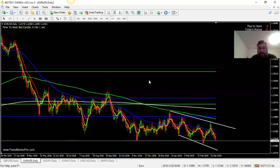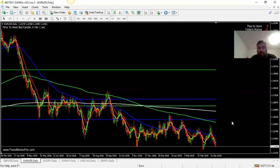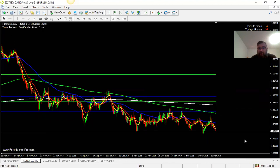The other thing is, if you can tell, there's really no strong EMAs for my stop loss to go. I have nothing down here. All my EMAs are up here. That's the other cool thing, is that it's showing me all my EMAs from multiple time frames. So I'm actually going to, if we go down to the